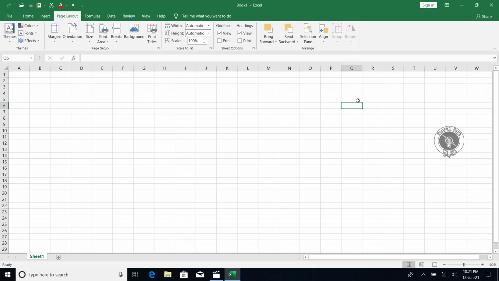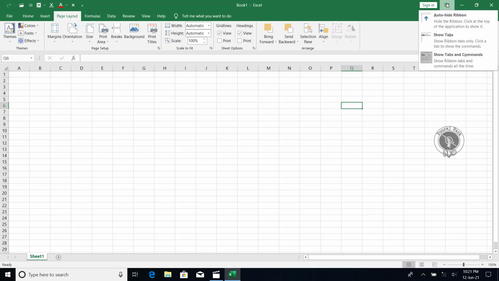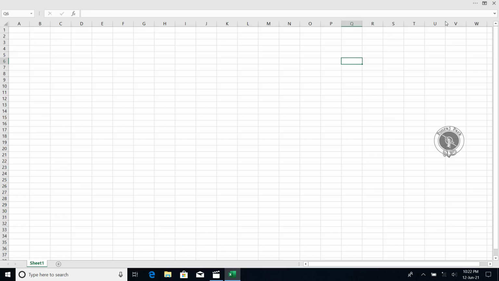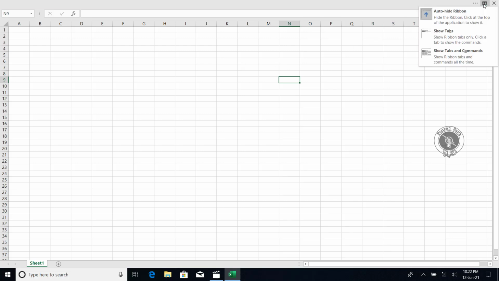I told you we have seen one option, the ribbon display option. Let's see what the use of this option is. When you click here, you can see auto hide ribbon. As you can see, it will hide this whole thing. Let me show you: if I click auto hide ribbon, that's it, everything is disappeared. If you want to get it back, just click over here again, ribbon display options, show tabs.